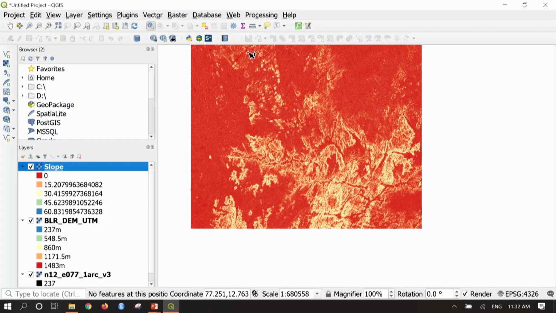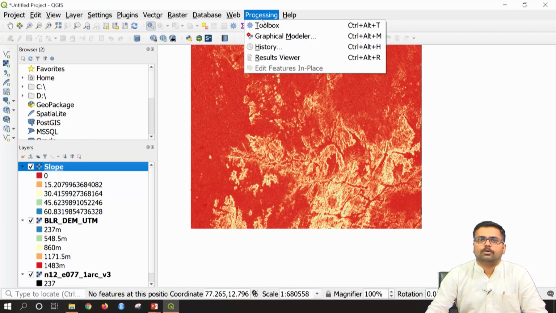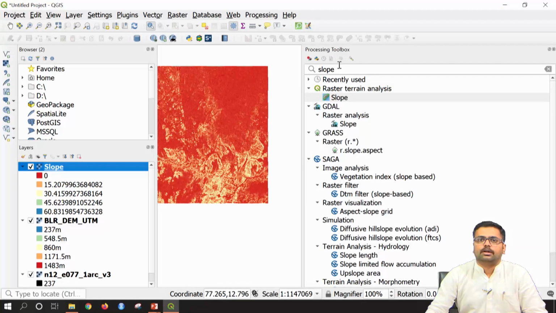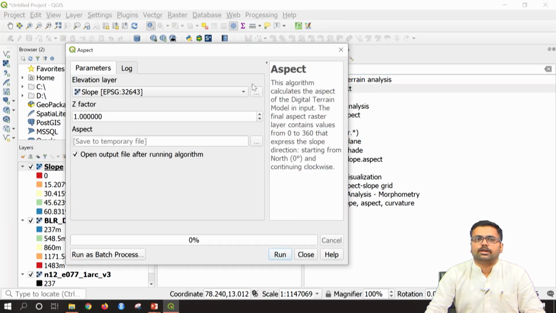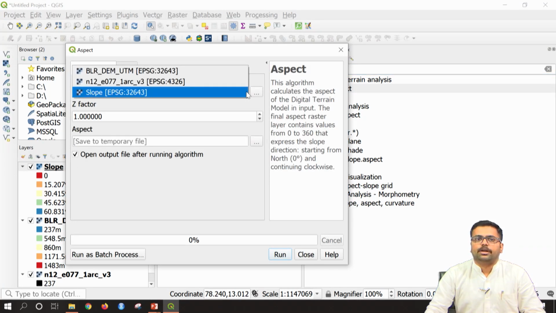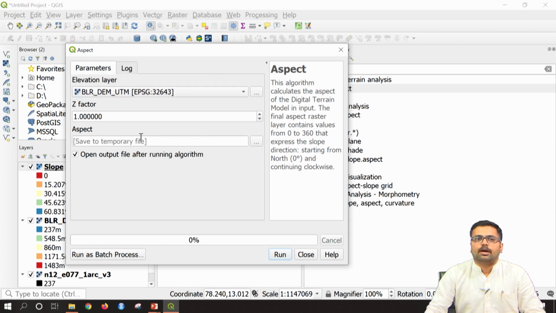Now, the next task is to understand how aspect works, the aspect map. Again I will go to the processing toolbox, and here I will select aspect. Under raster terrain analysis, double click on aspect. Here by default it is taking the slope map; change this to Bangalore UTM and do not change the Z factor.